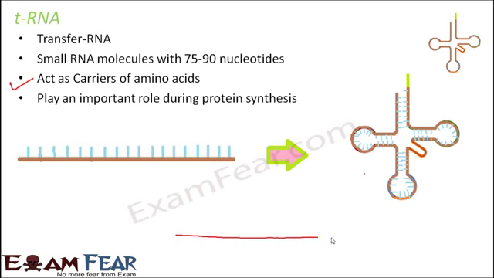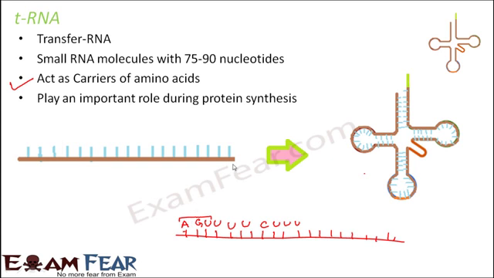Now let us suppose that this represents the sequence on the mRNA, and mRNA is the one which is being produced as a result of transcription from DNA, and the sequence of mRNA is somewhat like this. So this is just an example. Okay, so this is how the sequence is. So now based on this sequence, you need to find an amino acid. So who is going to do that? That is being done by the tRNA. So what will the tRNA do? tRNA will read this sequence. So tRNA will read it as AGU, and corresponding to AGU, whichever is the